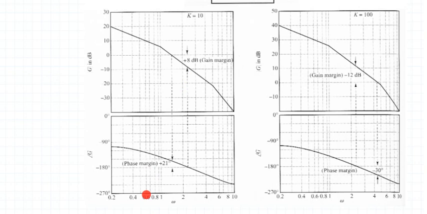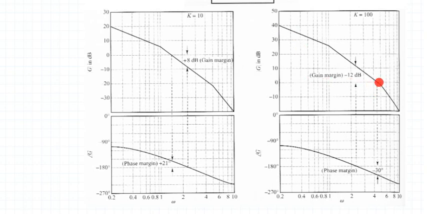So here is another example, right? We'll find the gain crossover frequency. Gain crossover frequency is where this plot crosses 0 dB. You could see here this point where this plot crosses 0 dB is your gain crossover frequency. Where is your phase crossover frequency? Where the phase is crossing 180 degree. Yes, this is the point. This is the phase crossover frequency where the phase crosses 180 degree, and this is the point where your gain plot crosses 0 dB. This is your gain crossover frequency.